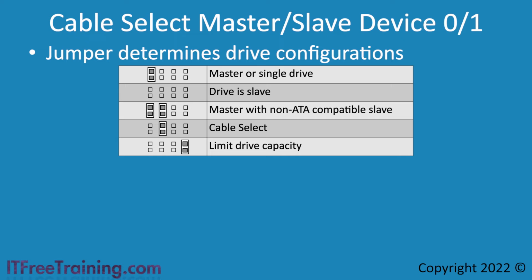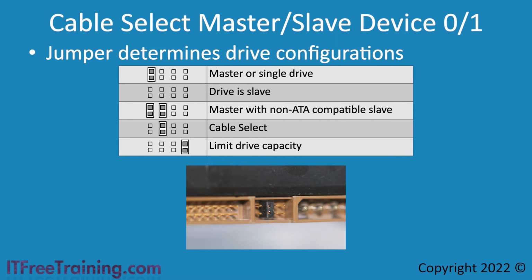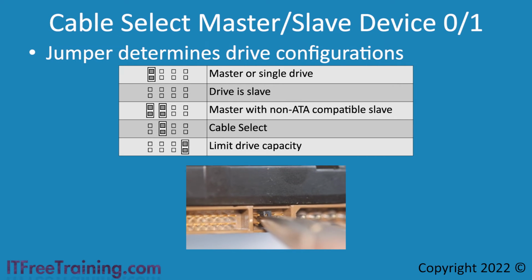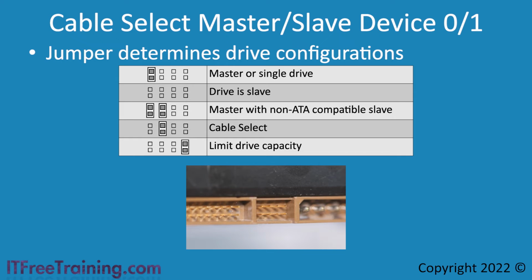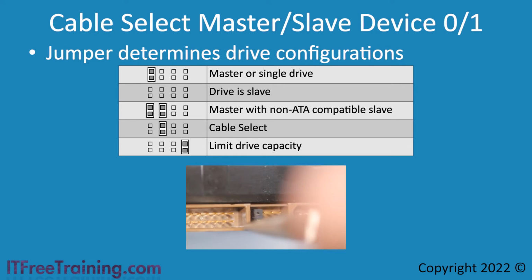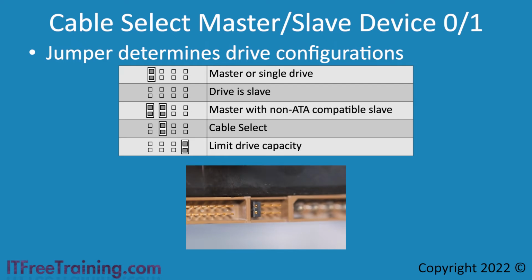In a lot of cases, you will find the hard disk is shipped with the jumper in the cable select position. This means the hard disk is determined to be device 0 or 1 by which connector on the cable it is plugged into. In the case of this hard disk, if I remove the jumper, which can be removed with tweezers or needle nose pliers, or your fingers if you are nimble enough, the hard disk with no jumper is now a slave or device 1. If I now put the jumper into the first position, this hard disk is now a master drive.